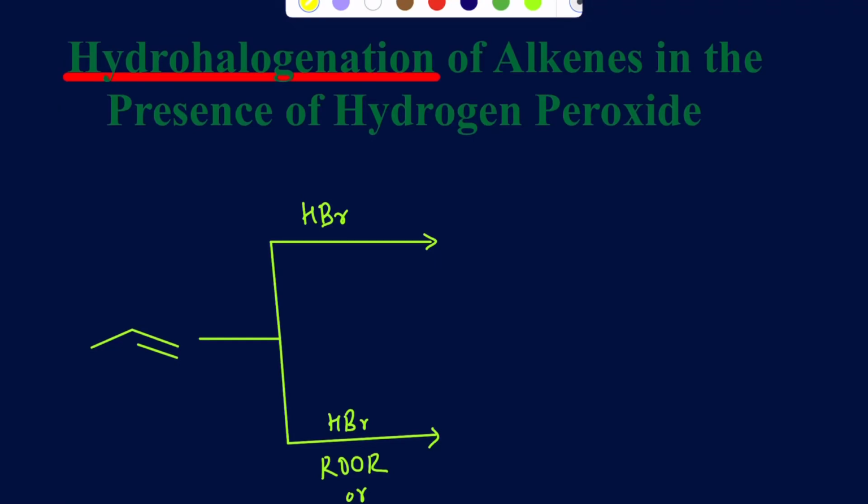In this video, I'll talk about the hydrohalogenation of alkenes in the presence of hydrogen peroxide, which I can write as H2O2, and sometimes you may also see it as ROOR. R could be any alkyl group, could be methyls, ethyls, or anything like that. Now, when you run hydrohalogenations in the presence of peroxides, it does an anti-Markovnikov addition, as opposed to if you